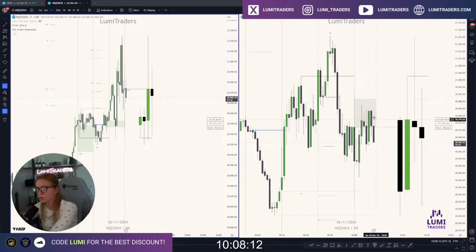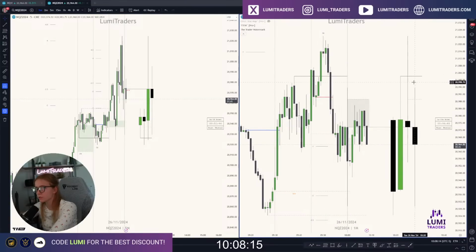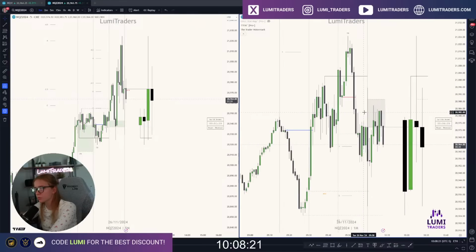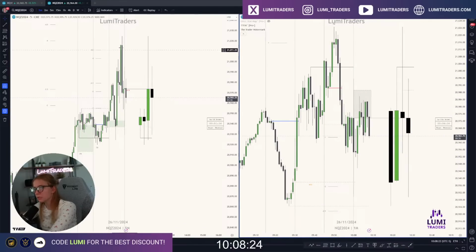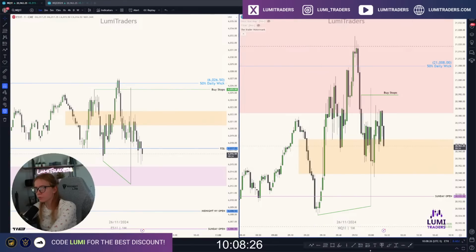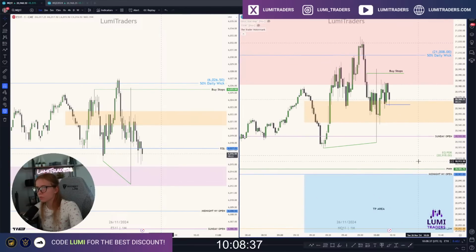Let's take a look at this. T-trade model right here. We got a 15-minute liquidity sweep. We retraced to 50% of this week, and I would say if I want to short, most likely I'm going to wait for a closure below this candle to form a change in the state of delivery, to trade down to the equilibrium of the previous range in New York midnight open. Sounds like a plan, so let's see if we can close below this level.